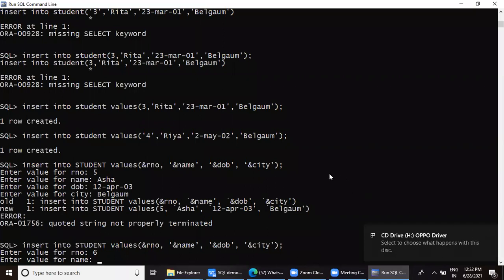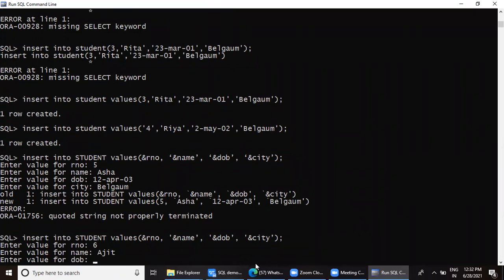So next roll number is 6. I type the name Ajit. See, this is why I'm entering multiple records, just to show you. One second, I will make the corrections in the command.